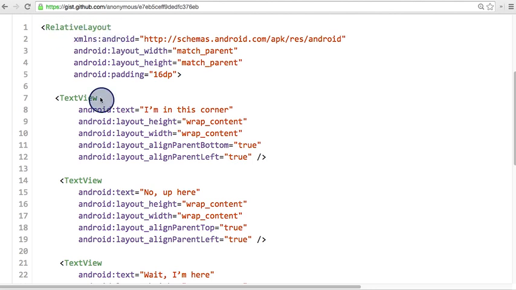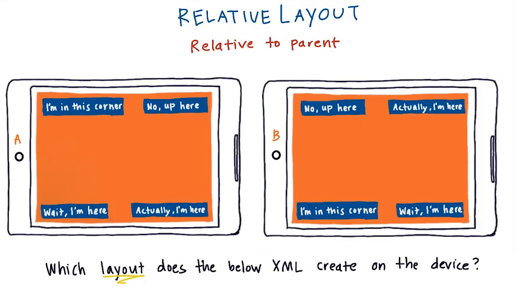of the device. Then we have our first text view that says, "I'm in this corner." It's aligned to the parent's bottom and left edges. That puts it in the bottom left corner of the screen. Going back to the quiz screen, the text view, "I'm in this corner," is in the bottom left edge of